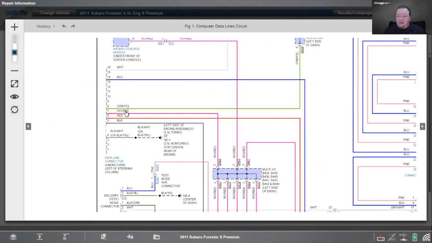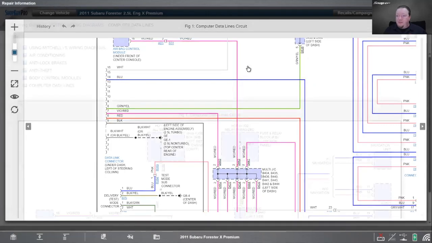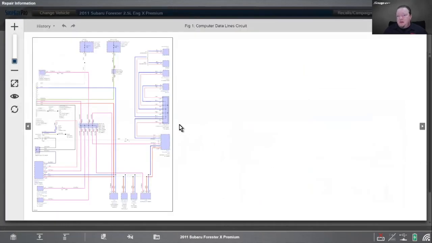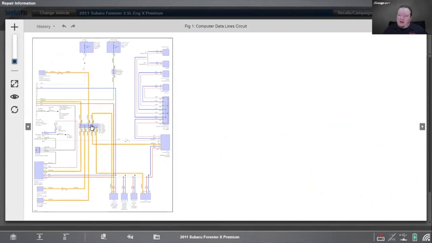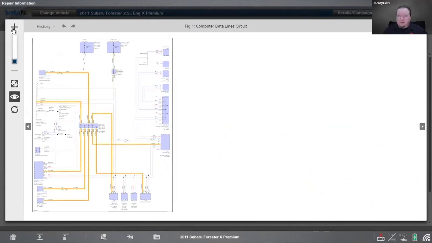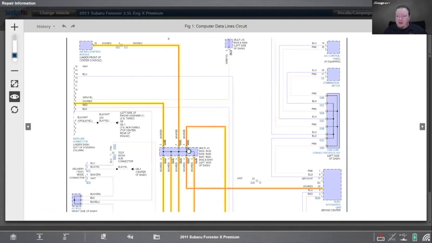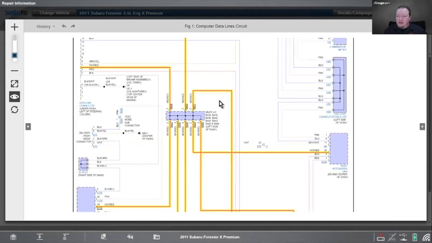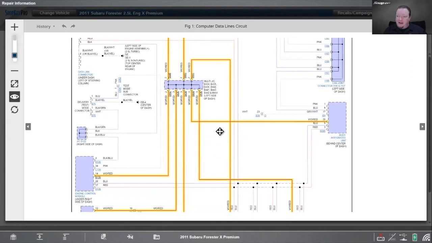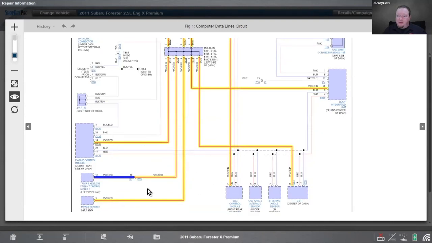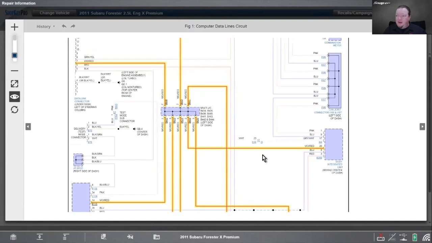If I reset this, though, we'll see we also have, gotta reload this diagram here. So we see we also have this block right here. Now this block comes from the DLC, and that is a single wire. That is a K line, and it goes into this block. It's a distribution block. So once again, it gives us a junction point where we can test communication of different modules. And you see in this case, this is the old style single wire point-to-point to modules to get to